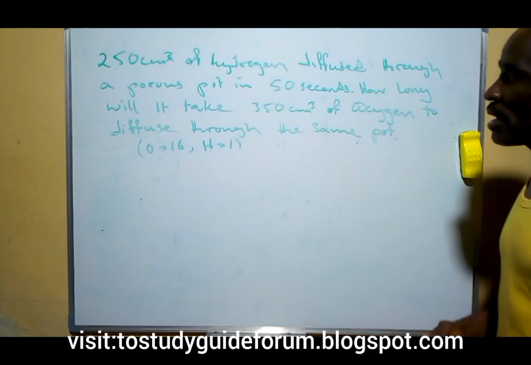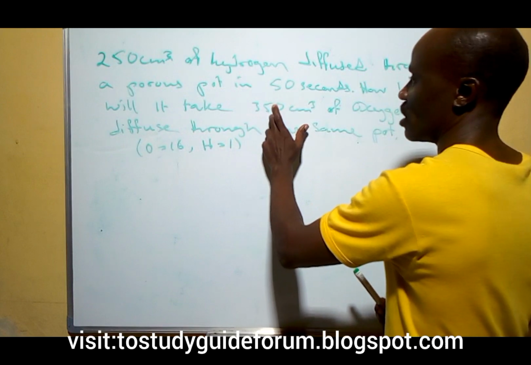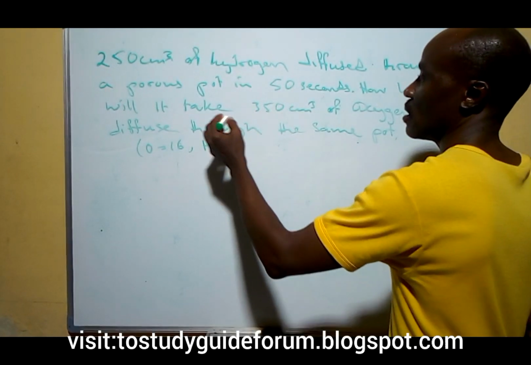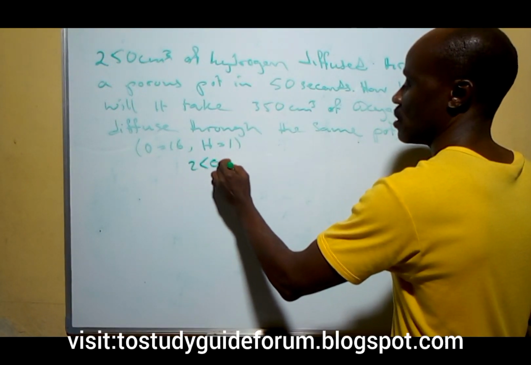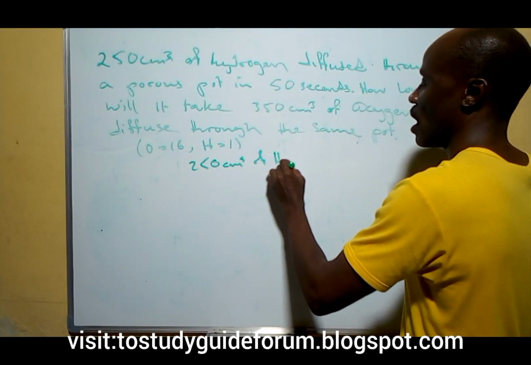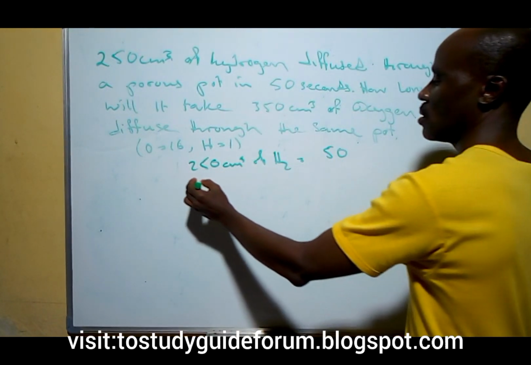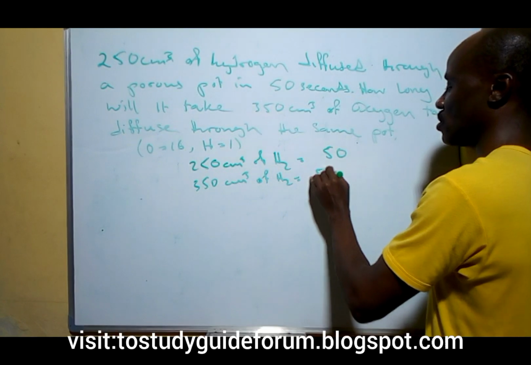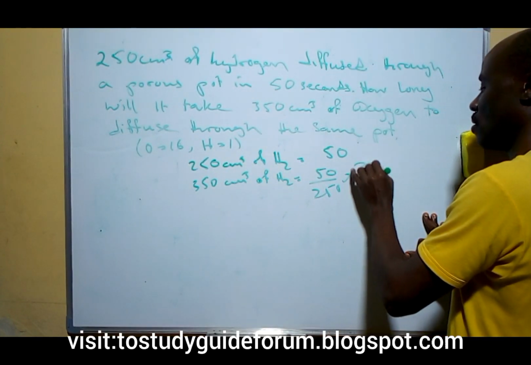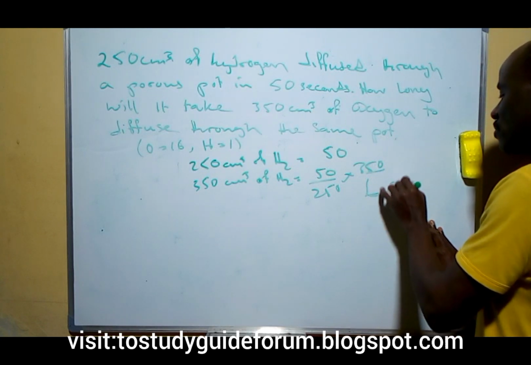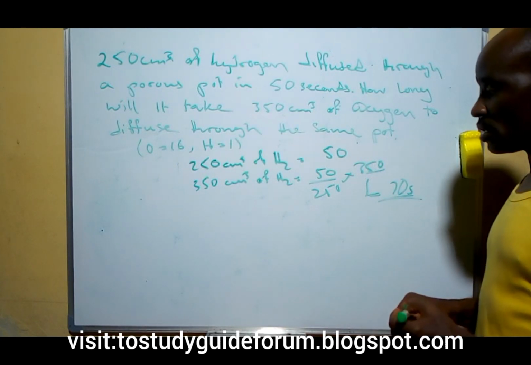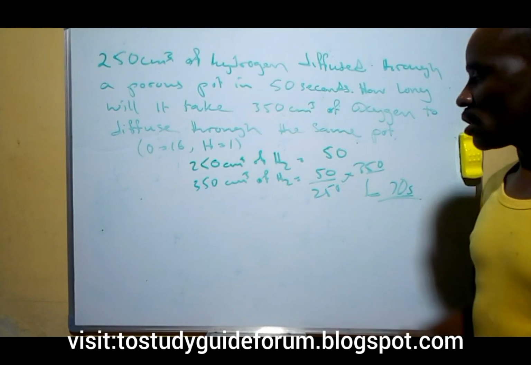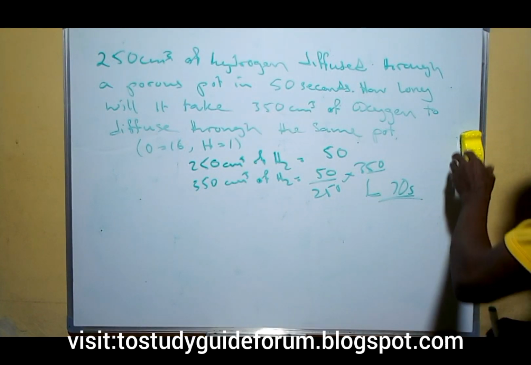Now, before you do this, you need to find out how long it will take an equal volume of hydrogen to pass through. We know that 250 cm cube of hydrogen takes 50 seconds. That means 350 cm cube of hydrogen will be 50 over 250 times 350 over 1. That will give us 70 seconds. So in this case we now have what it will take 350 cm cube of